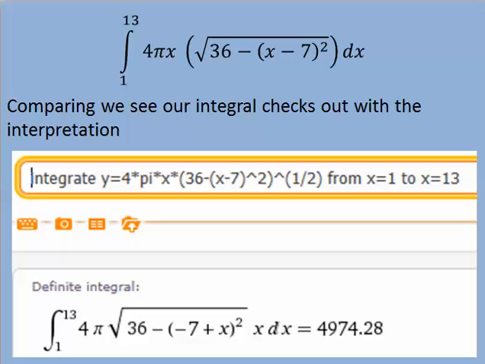And this of course is in cubic units, so 4,974.28 cubic units. And my math lab asked us to do it to 2 decimal places, and there's my 2 decimal places. So I'm all